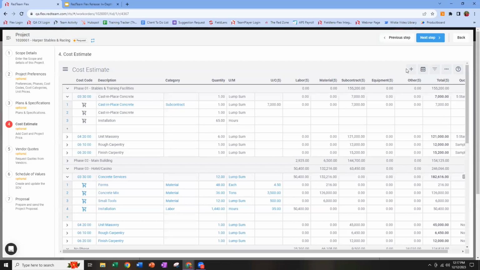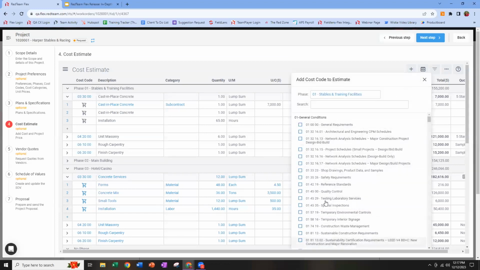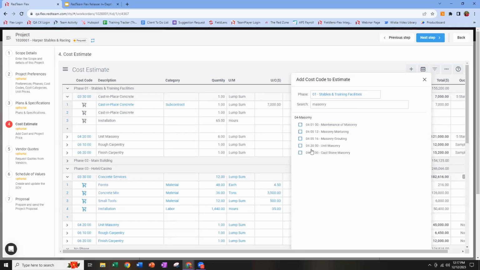Now for adding cost codes, we click here and say add cost codes. You're just going to see a slightly different user interface where you can search for the cost code you want. As you hit enter, you're going to see those options pop up, and you can select your phases right from here. So if you built phases in project preferences, you'll be able to indicate which phase you want to assign